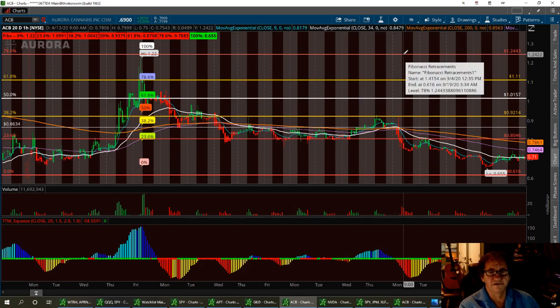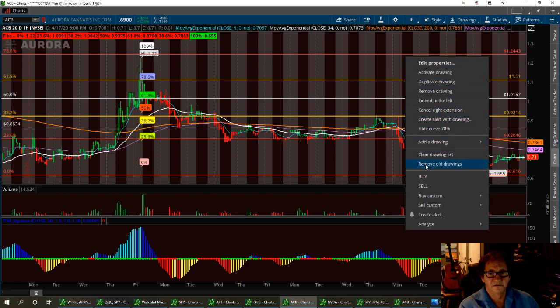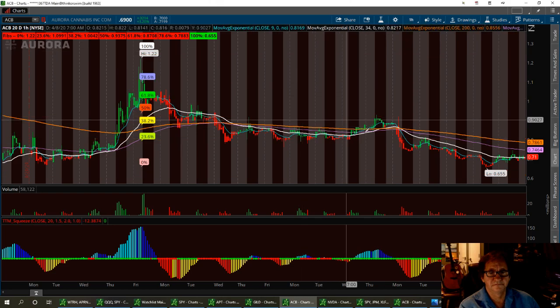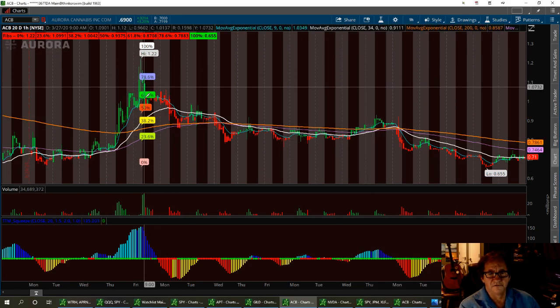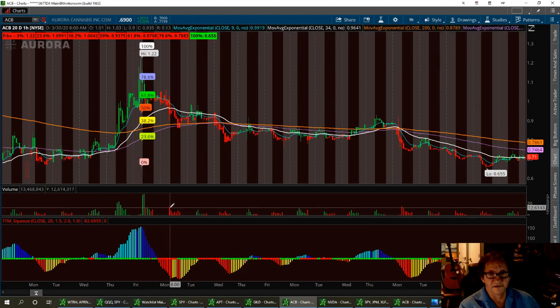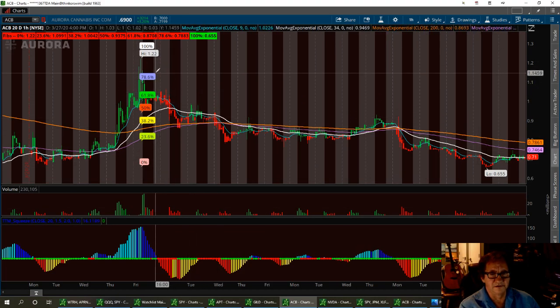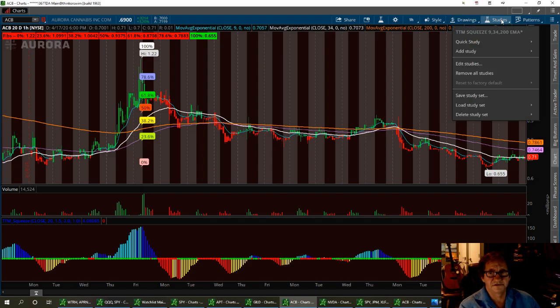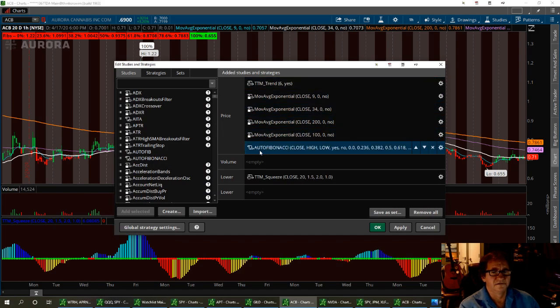I'm going to get rid of these Fibonacci's. I'll just get rid of everything. We'll start fresh. My other Fibonacci's stay on here, and they adjust per every time frame that I'm in. And you can find that on TOS. If you have TOS and you're curious about it, go edit studies. And this is called the Auto